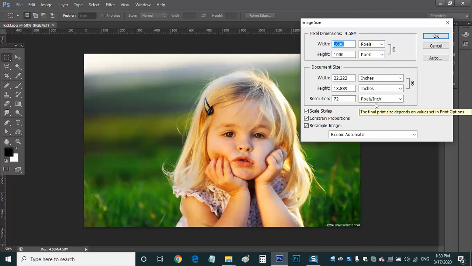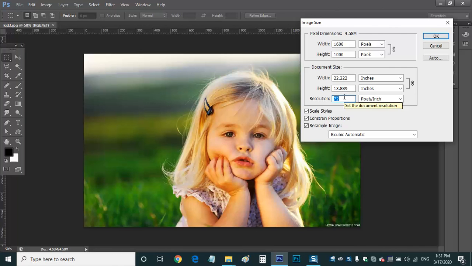Whereas if you are looking at print media, say brochure designing, poster designing, greeting cards, visiting cards, then you have to see these measurements. And this resolution also is important. It is showing the resolution is 72. 72 is a low resolution, and it can be used for online media only. Say you are developing a website, there you will use only 72 resolution.